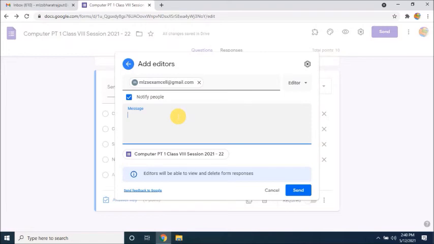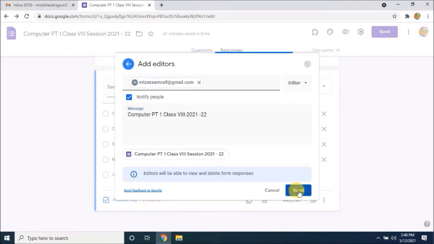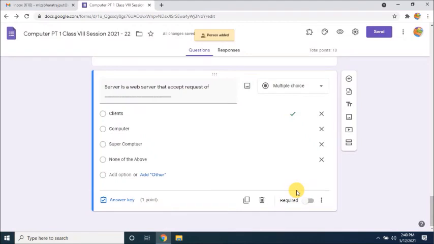So now we will just write the message like computer PT1 class 8 2021-22. Whatever you want to type here, you can type here. Okay, click on the send button. The editing of the same form will be available to the collaborators.